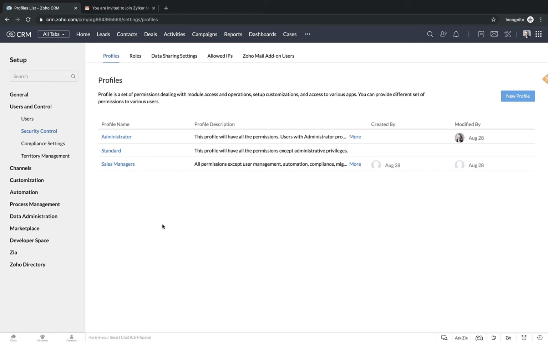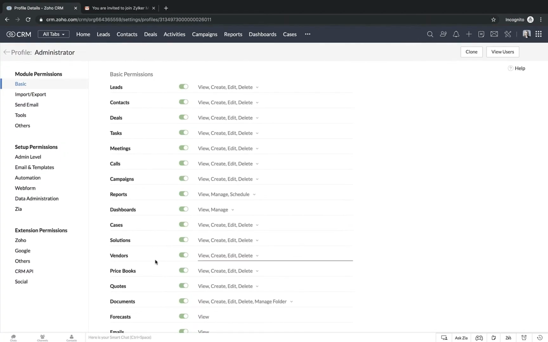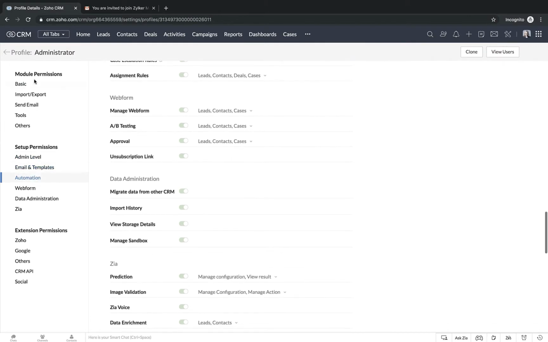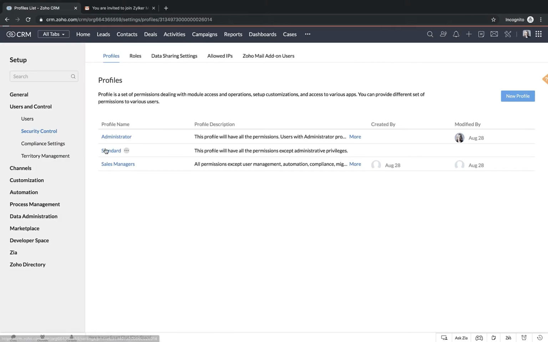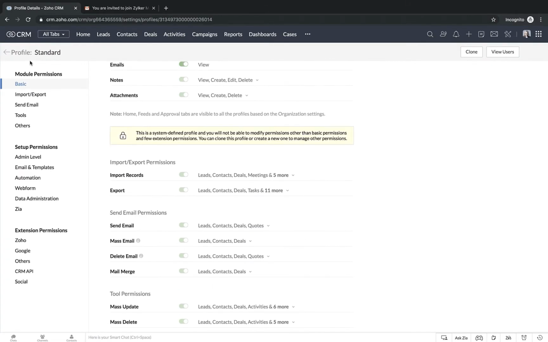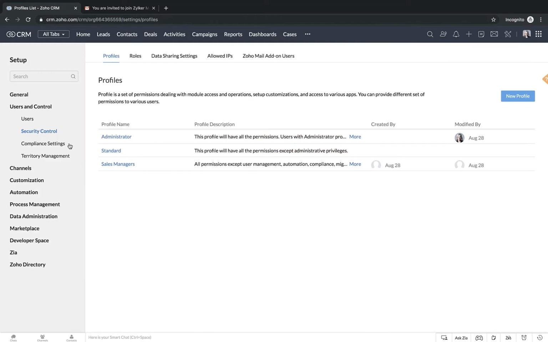So as I mentioned earlier, Zoho CRM offers you two profiles by default, out of the box. And these are the administrator profile and the standard profile. The administrator profile comes with all CRM permissions enabled by default, and the standard profile comes with certain limited permissions enabled. Now, for any user that you invite into your CRM account, if they can perform all setup operations, then you would map them to the administrator profile. Or if you think they can only perform some limited set of operations, then you simply map them to the